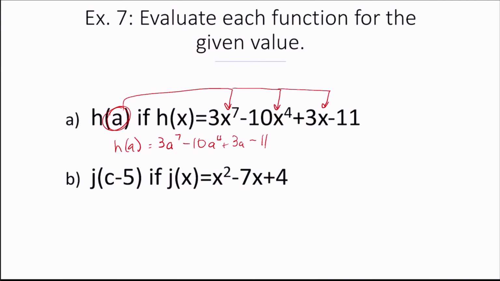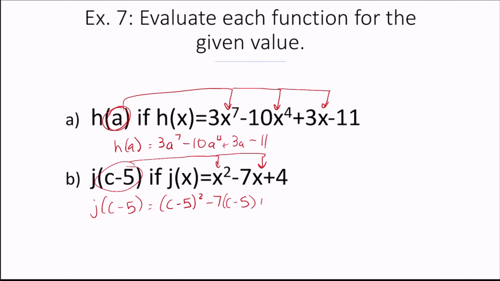J of c minus 5, if j of x is x squared minus 7x plus 4, plug in for x. Right, so c minus 5 squared minus 7 times c minus 5 plus 4. We do want to simplify this. For this c minus 5 squared,